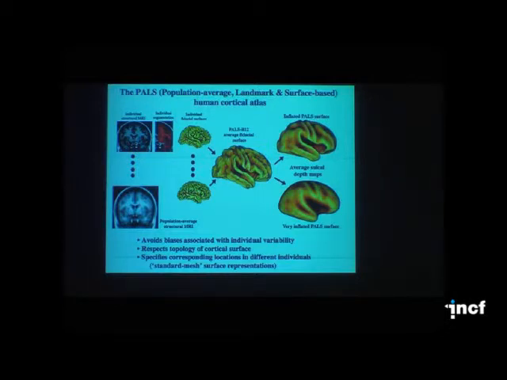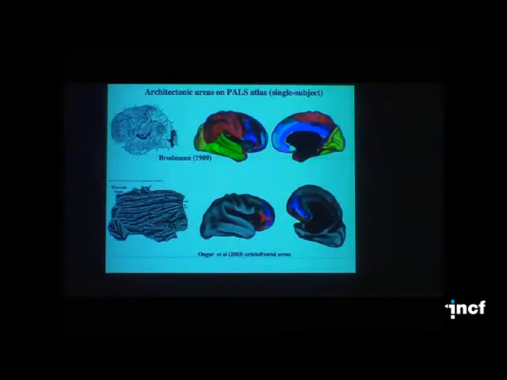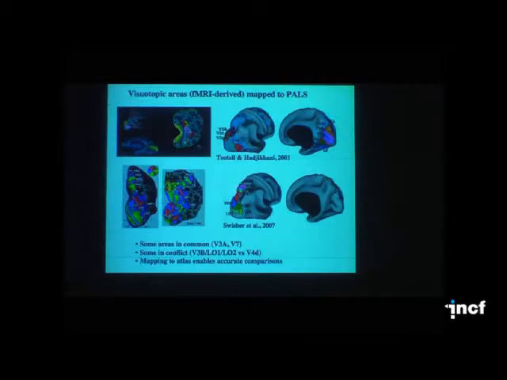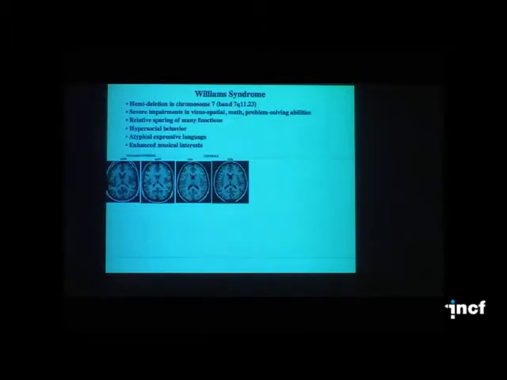And basically we take a bunch of hemispheres and generate an average surface after registering each of these to a common target. And then we can view all sorts of data on inflated or highly inflated surface maps of the type you see here. So we can take the classical Brodmann scheme and paint it on our PALS atlas. We can take more modern parcellation schemes like Joel Price's orbital frontal areas, register them to the atlas. We can take modern fMRI activation patterns and visuotopic maps, register them to the atlas.